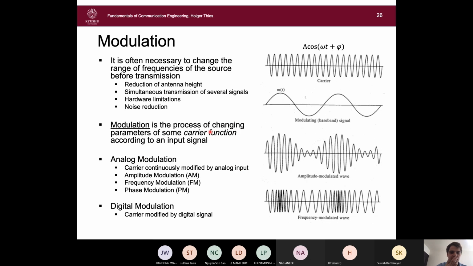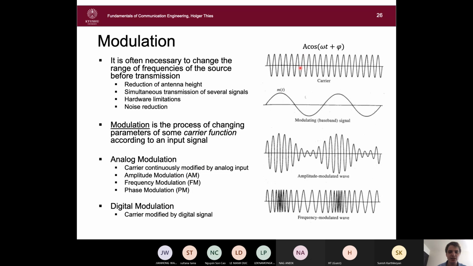In analog modulation, the carrier wave is this waveform, and the message signal, sometimes also called the baseband signal, is this signal here. What we do is we let this carrier react to this message signal. So we change the carrier according to this input signal, and then send the changed carrier signal through the channel. We can change the three parameters according to the message.